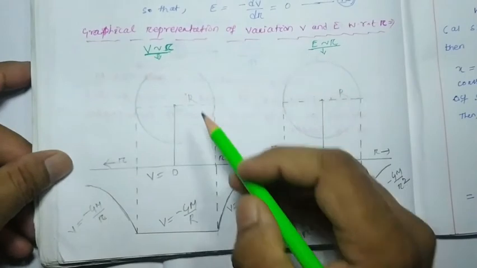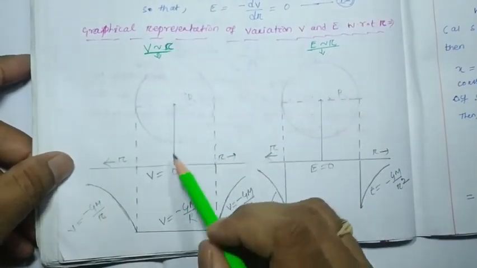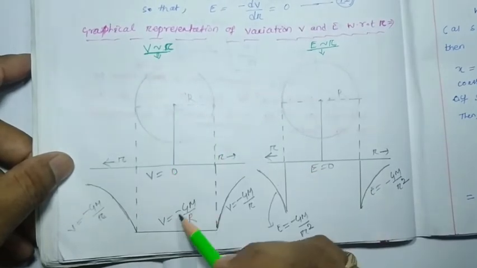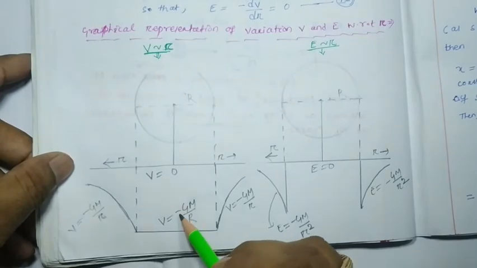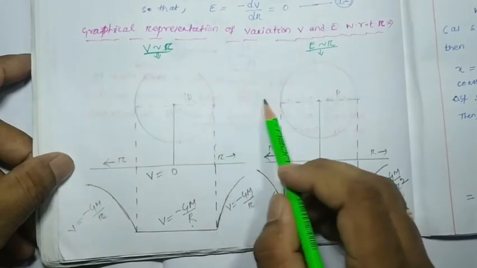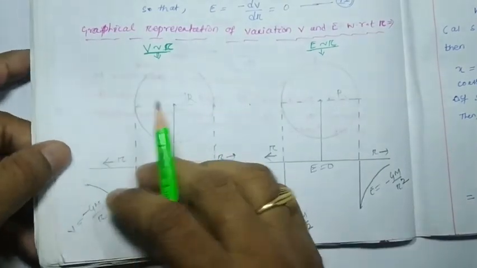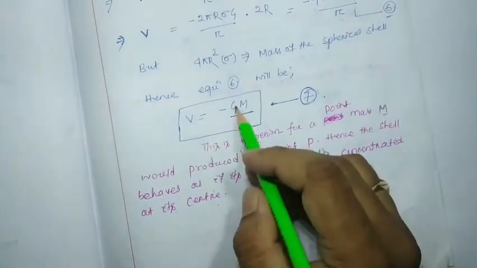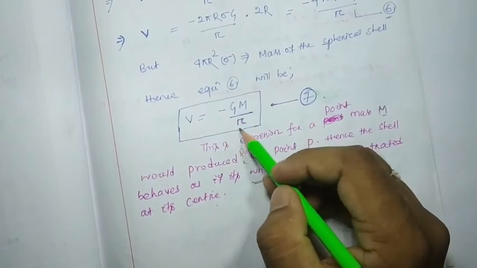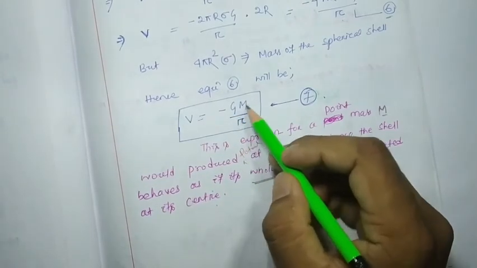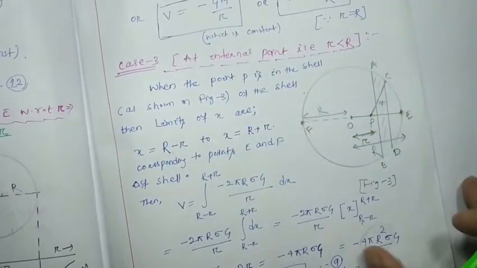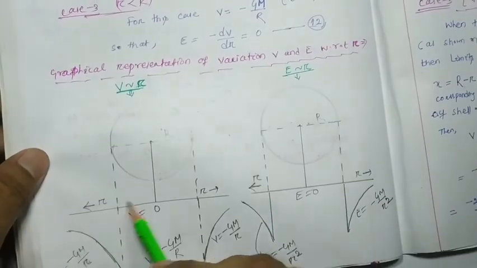So here I can draw the curve of potential versus r. Inside the sphere up to the surface, it has the same value, that is minus GM by R. If I move to an outside point, then this is minus GM by r. So if I consider larger and larger distance, this value gets smaller and smaller, since it is minus, it tends to 0. So this is your 0 line.